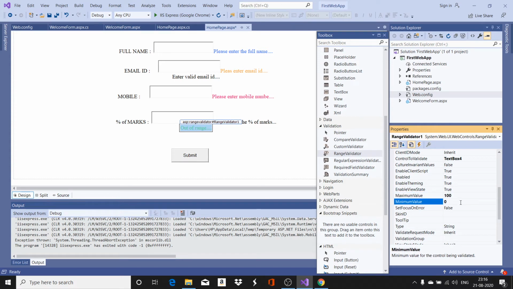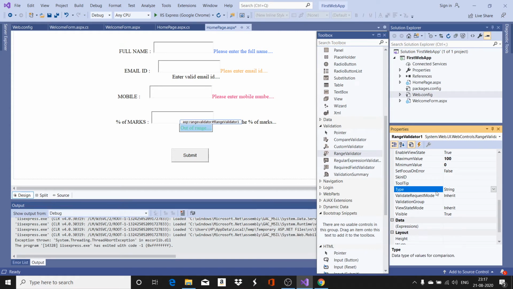Correct? Okay. Now what are the three things we have done? Control to validate, what is the error message, and what is the minimum value and maximum value. Now when I give this minimum value and maximum value, the thing is I have to specify the type also, because it is going to compare the value entered here with the minimum value and maximum value.